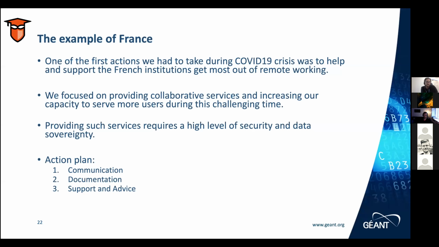So we were first, as I said, providing collaborative services, and we had to increase security and high level of availability of those services. And from the first interaction we had with them, it appears that they had the same issues for their own services, and they were just opening their services to the internet, knowing that it was mainly internal services at first. Because they had already some solutions for VPNs, but they were limited with licenses, for example.